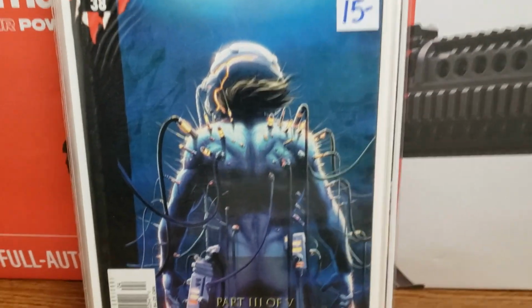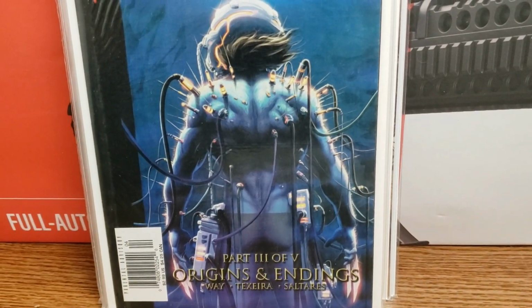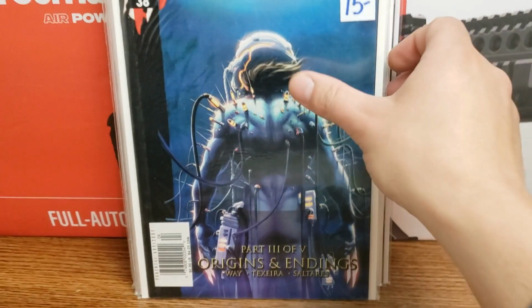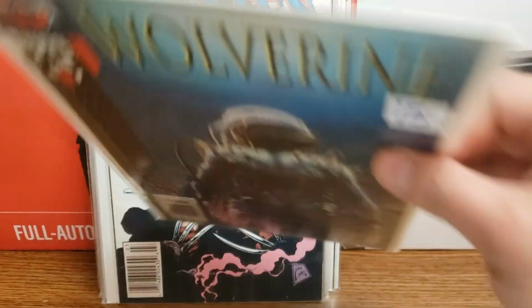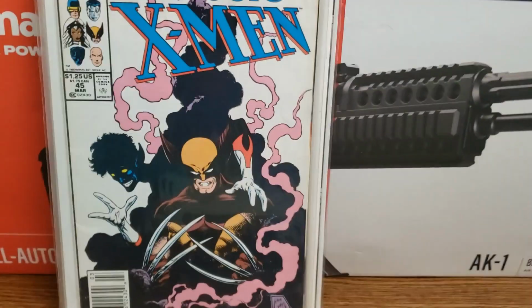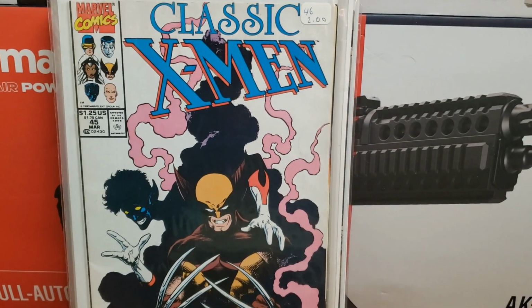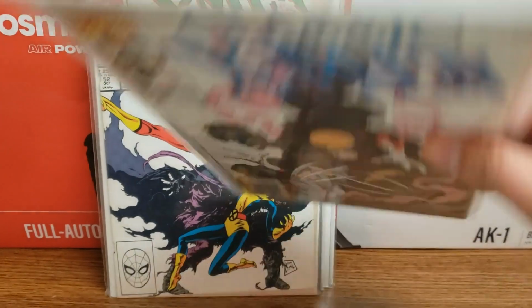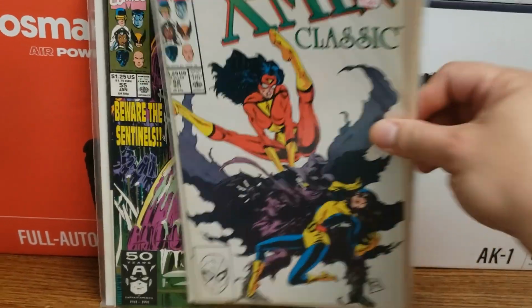Wolverine Marvel Knights, Part 3 of 5. This would be, I guess, Gerard Way and Mark Texeira. That's cool. I haven't looked inside here yet. Some Classic X-Men, really getting close to completing Classic X-Men. This is number 45, number 52,